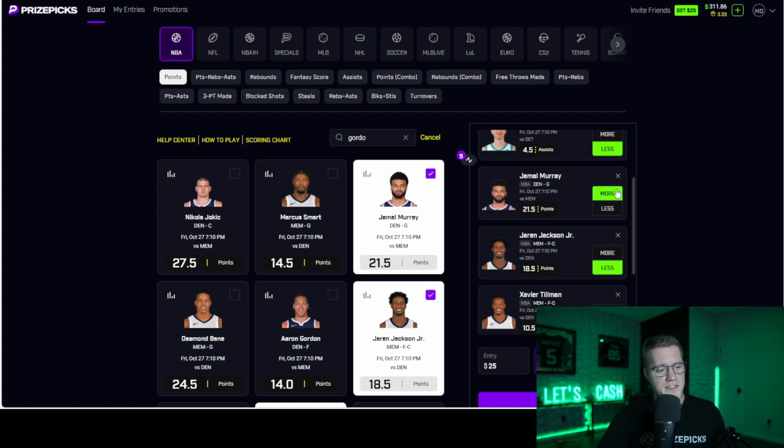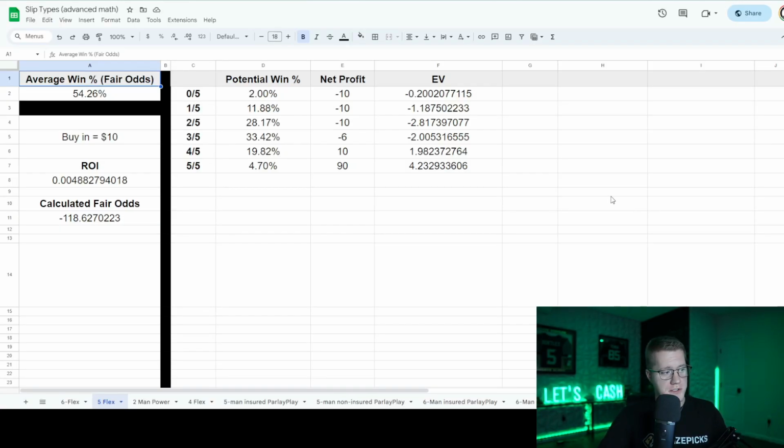So what we have done here, I've actually broken this down in terms of a mathematical break-even % odds hit per leg, and we're going to take a look at that for you guys to understand exactly how to remain a profitable sports bettor. What this Google Doc shows you is the break-even percentage based on the EV that you're getting per leg, based on the average % odds to hit per leg. Meaning that if I were to use like a coin flip chance here on each individual leg,